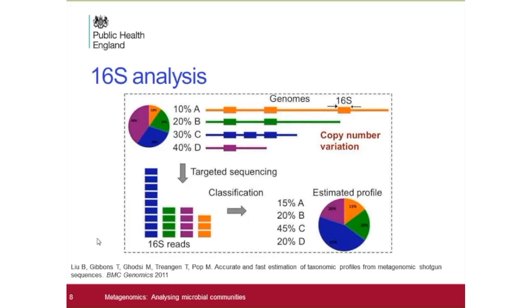So organism C was only 30%. However, after targeted sequencing and sequence data analysis, the indication is that it forms 45% and is the most abundant organism based on sequence data. So then there's a need for an accurate and a fast estimation, and that has to be linked to the number of loci. If any of the sequence data is going to be used as an estimate of the prevalence of an organism, its abundance,